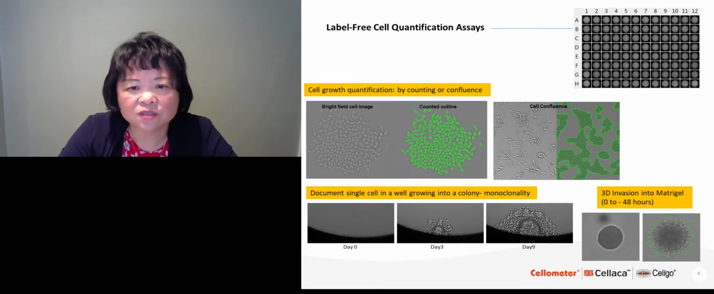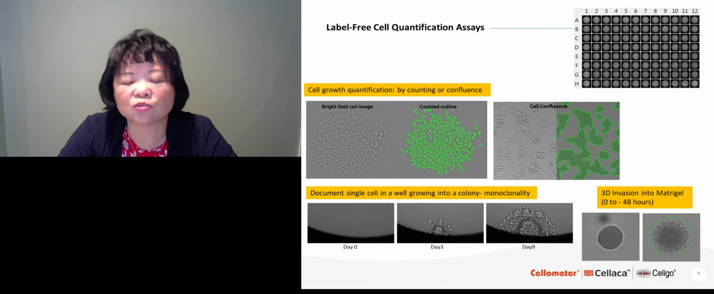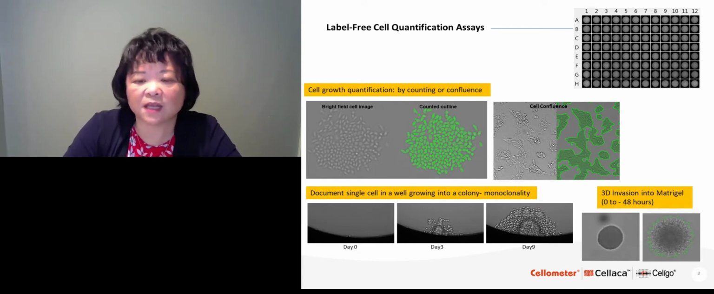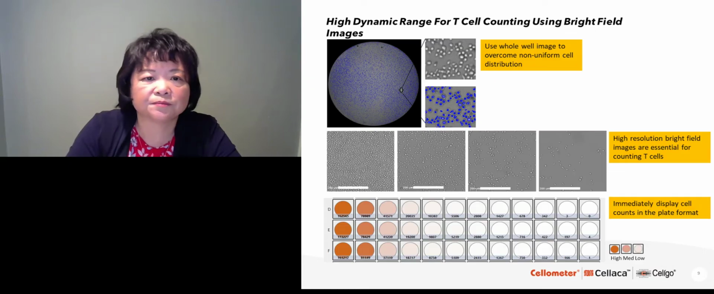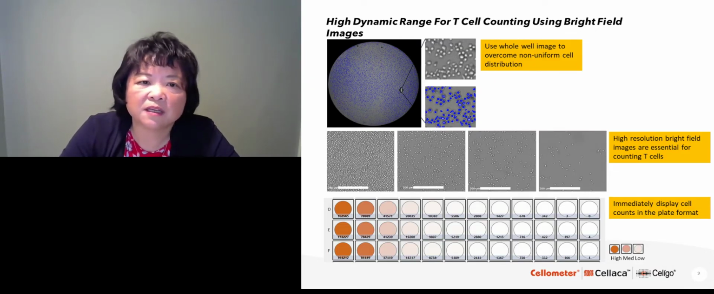So when we are doing 3D models, we not only want to look at the 3D tumor as one sphere, we also want to look for the invasion or migration of cells from the spheroid. It is important to do the quantification as well. So next we go into a little bit of detail about using this label-free bright field imaging technique to quantify